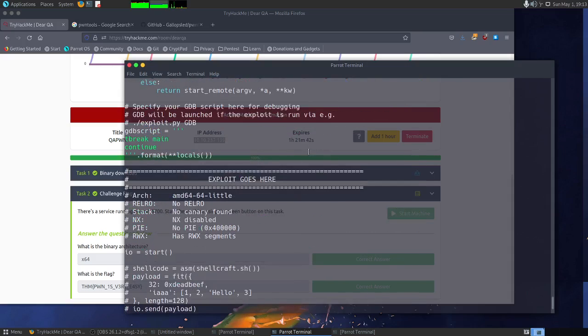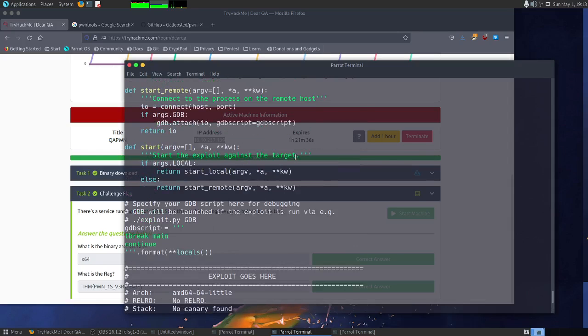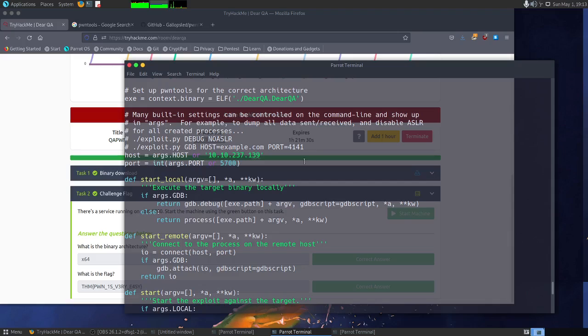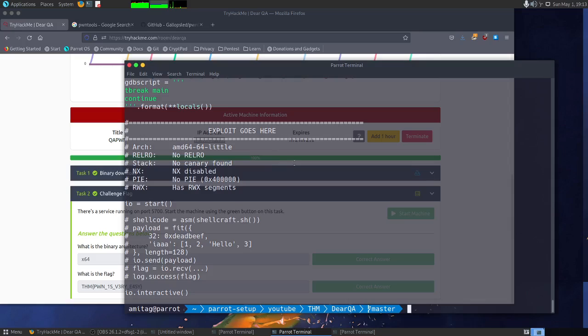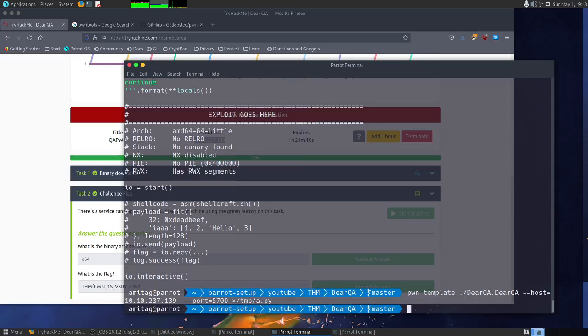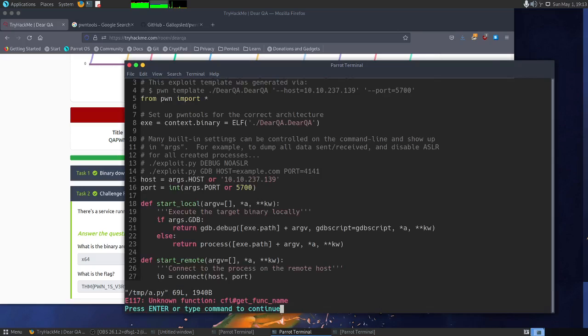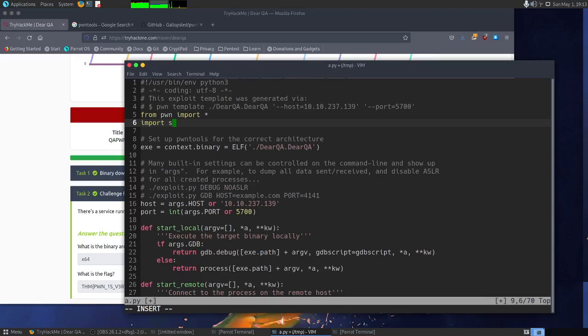Okay, so now what is interesting with this is that it gives you the option to run it both on the local binary or on the remote side, right? So you can simply copy this into a file, let's say /tmp/a.py, and once this is generated, I can go into a.py, and we can do the same thing that we did in our other script, which is import sys,